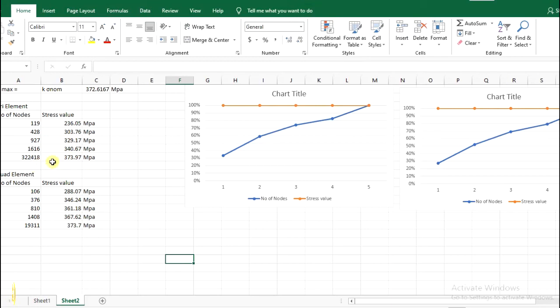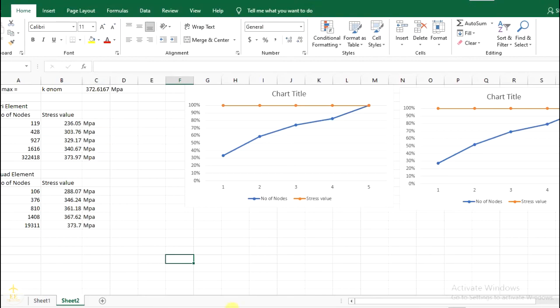Okay, so I just explained here. Here I used 3,22,418 nodes. The stress value I get is 373.97. So it will be close to this theoretical value here.